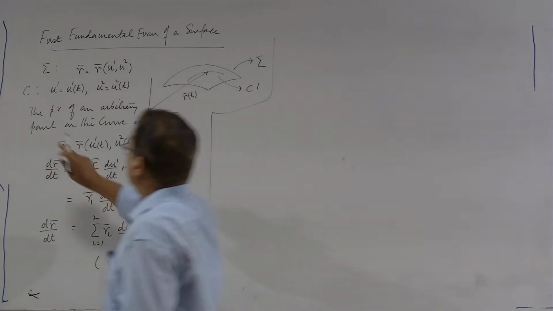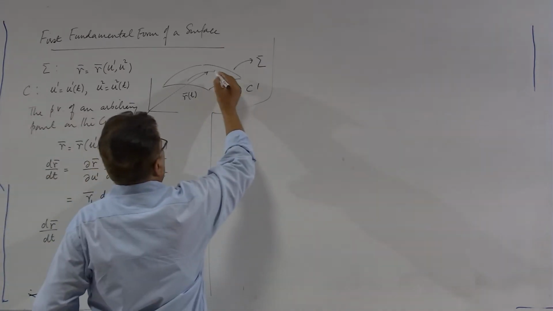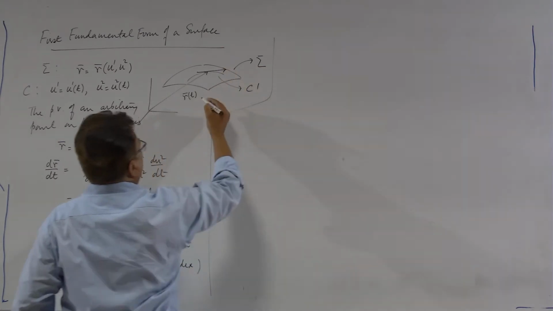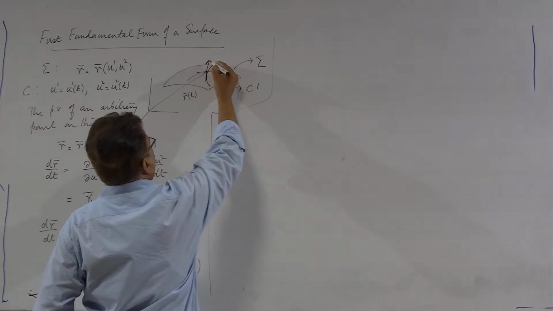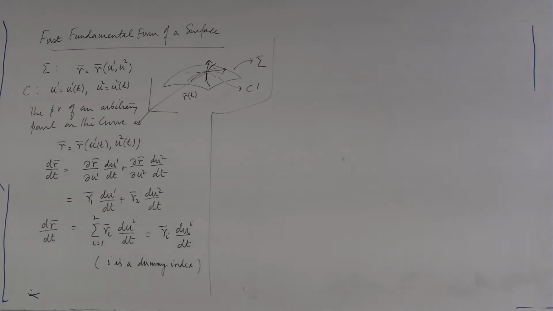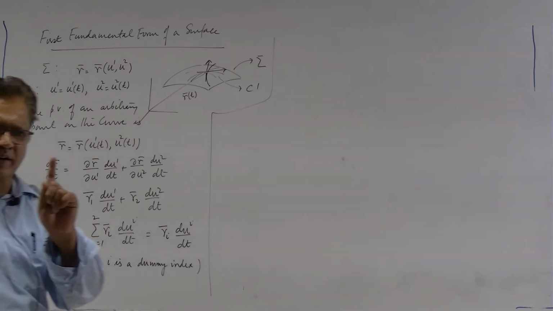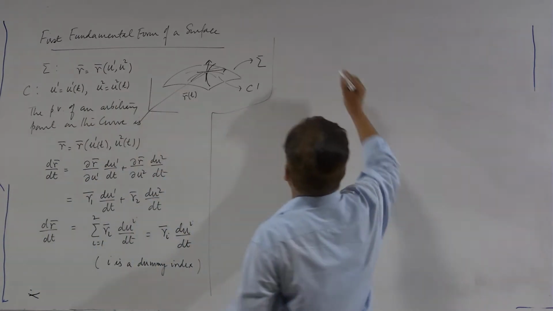Now, I consider a specific curve. You can think of some other curve also. So, this is dr over dt for this curve. If I consider this curve, then dr over dt will be some other tangent vector, and so on. There may be many curves. Every time the expression of the tangent will be like this. So, it is better to write this expression for differential. We can forget about t, because when you write t means you are addressing only one curve. So, in general, in terms of differentials,